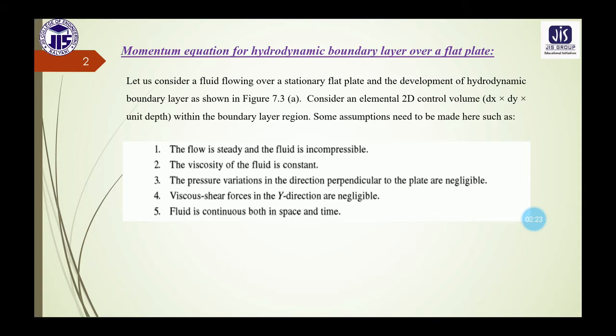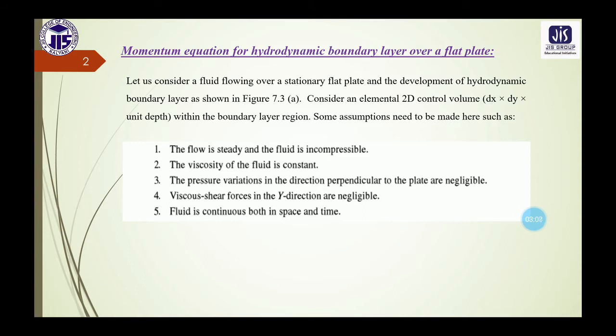Now this velocity of the fluid increases from zero velocity on the stationary boundary to the free stream velocity of the fluid in the direction normal to the boundary. Now this variation of the fluid velocity from zero to free stream velocity in the direction normal to the boundary takes place in a very narrow region in the vicinity of the solid boundary. So this narrow region of the fluid is called the boundary layer, and the theory which deals with this boundary layer is known as the boundary layer theory. So this is the basic concept of the boundary layer.